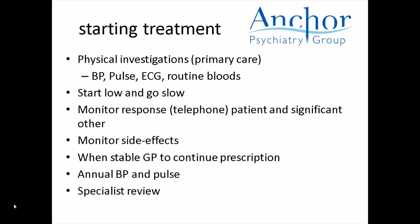When people start treatment, it's very important to first realize if there's any physical health investigations that need to be done. Most stimulant medication can cause a rise in blood pressure and pulse, and therefore this needs to be checked before starting treatment. A family history of any heart difficulties like sudden death needs to be investigated. An ECG is not normally required as a routine, and neither are any routine bloods, except if the non-stimulant atomoxetine